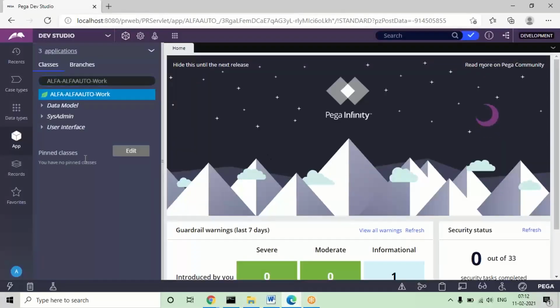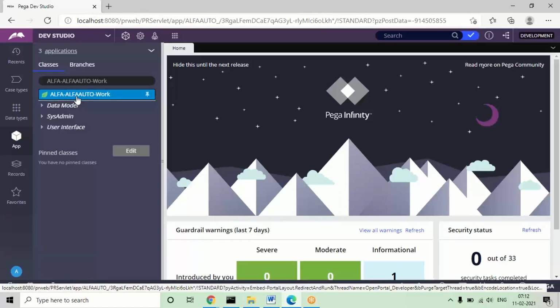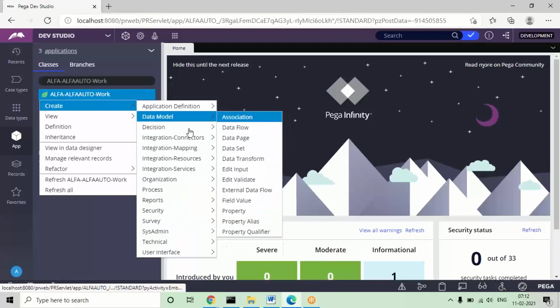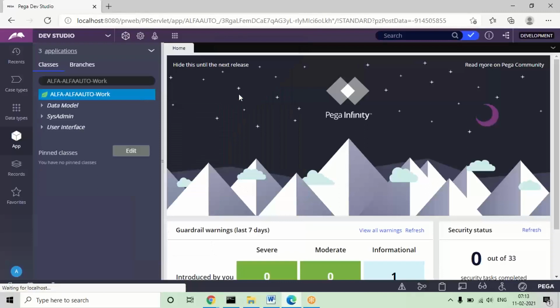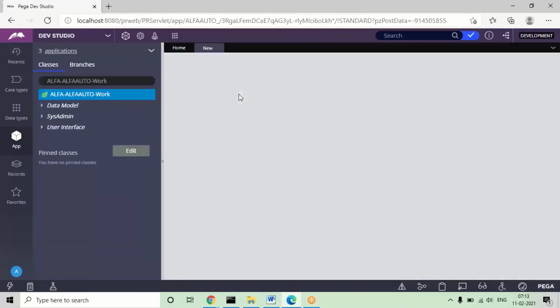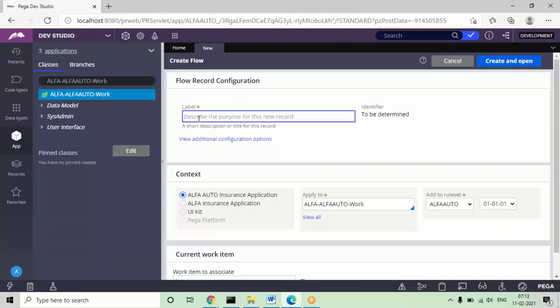But don't worry, guys, in one session you will not understand the complete flow, because you will be understanding it step by step. Today I'll be discussing a few shapes and some settings, and later we'll understand the other settings in the flow. In order to open this flow rule, go to the process category, click on the flow option, give some name, and click on open.